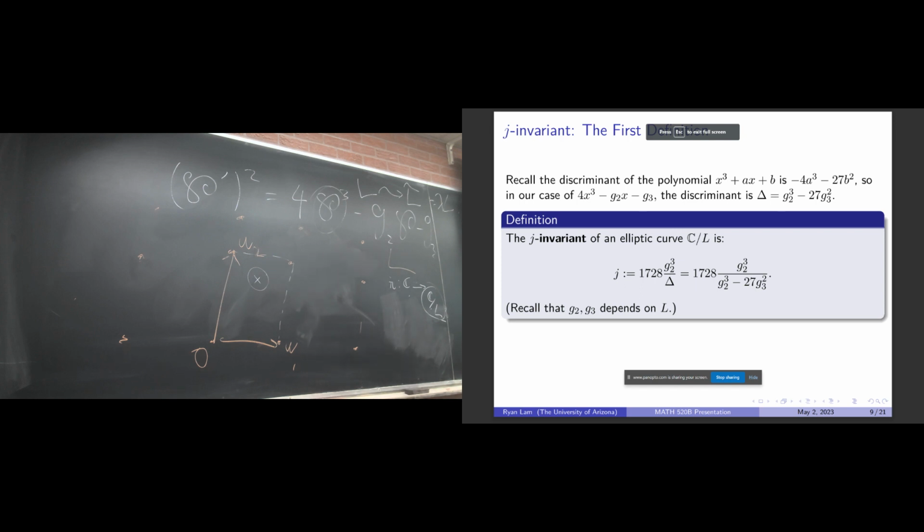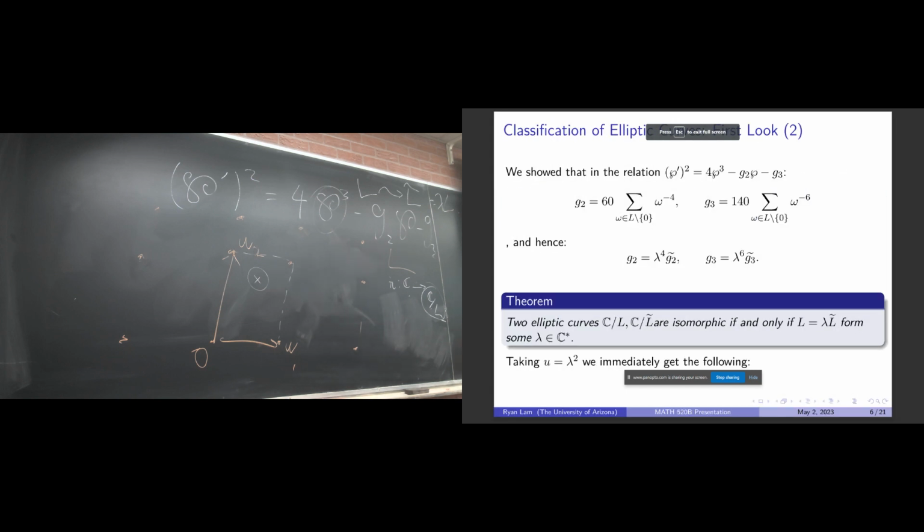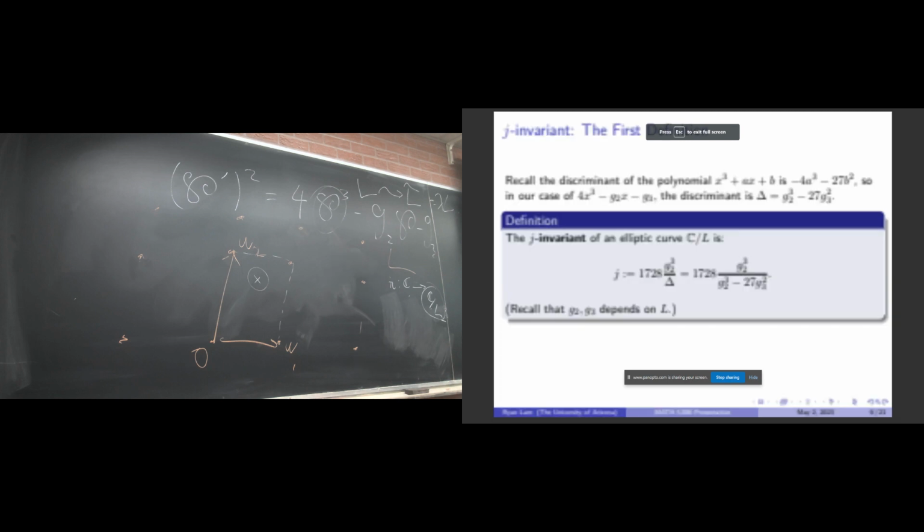Okay. So our first definition: the j-invariant of an elliptic curve C mod L is this expression, G2 to the power 3 divided by the discriminant. So remember that G2 and G3 depend on L. What happens if we scale it? If we scale L to lambda L, G2, as we just discussed, will be multiplied, or actually divided, it doesn't really matter here, by a factor of